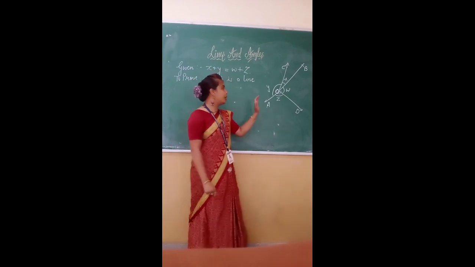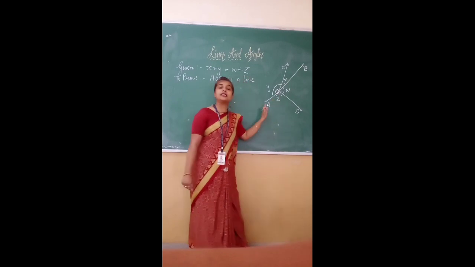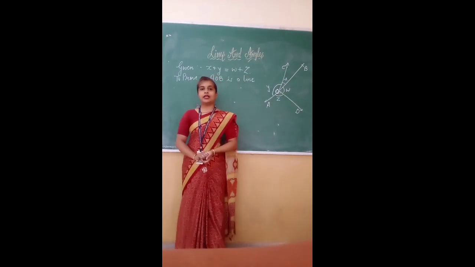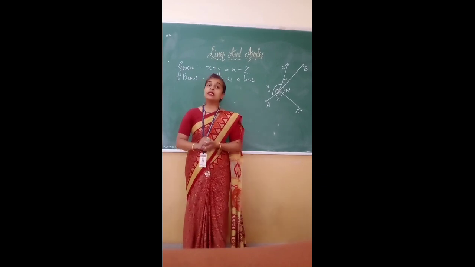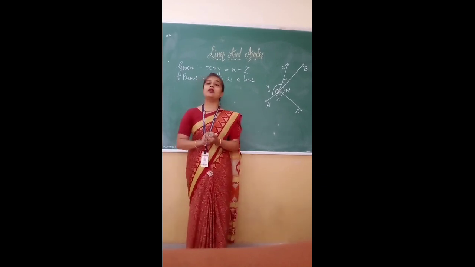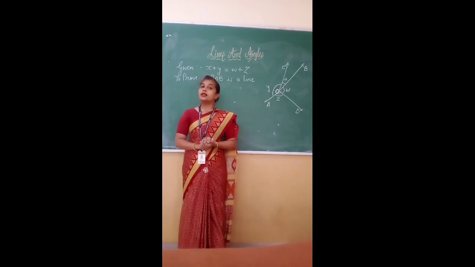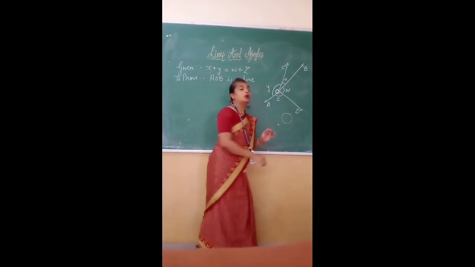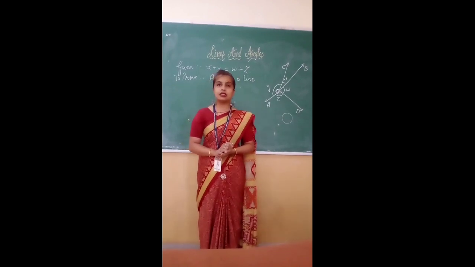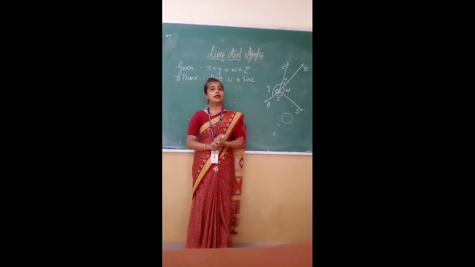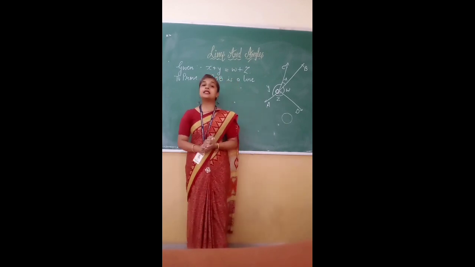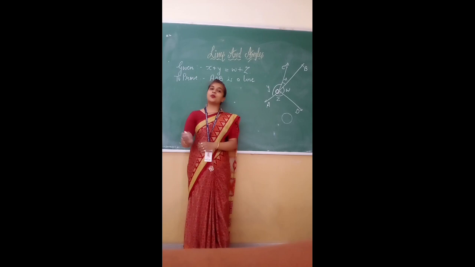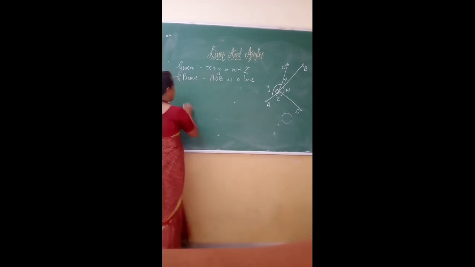So here also we have to prove that the angle formed on this AOB is equal to 180 degrees. Now before that, I have to ask you a question: what is the measurement of a complete angle? Complete angle means the angle of a circle. What is the measurement of the angle of a circle? Yes, the measurement of this angle is 360 degrees. So, by applying this property, we will start our discussion.